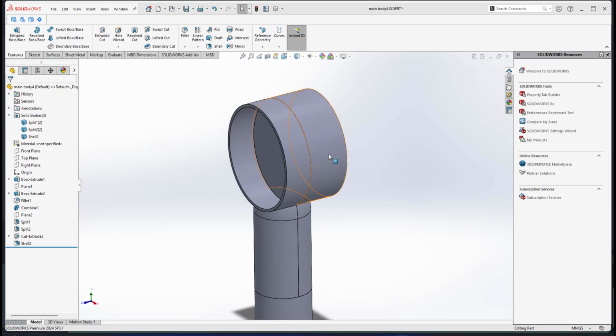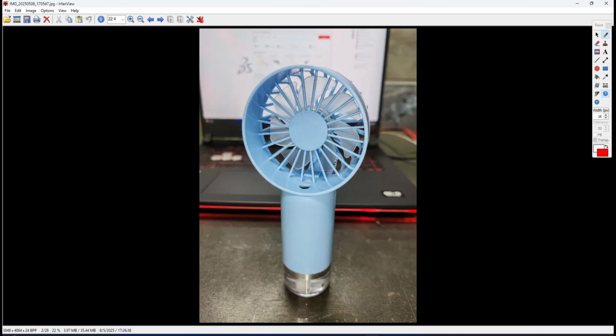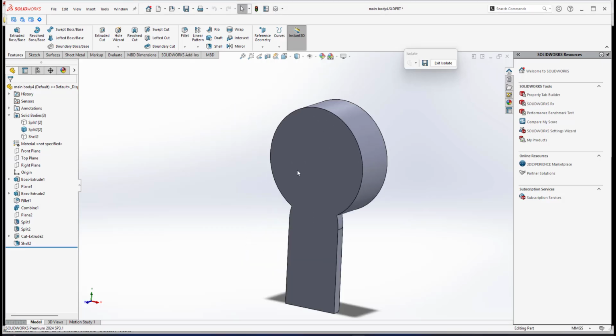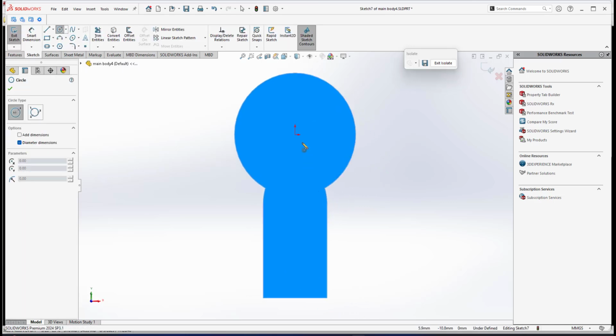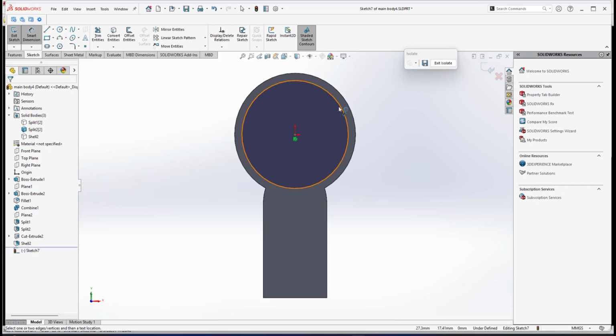Alright, for the rear part, if I isolate it, the rear part is still solid, so I will do the same. If you look at this photo, this is the rear part. We have a fillet curve here, and the radius will be 10 mm. So what I will do here is the same at this flat surface. I will create a sketch and draw a circle, and since the thickness is 2,